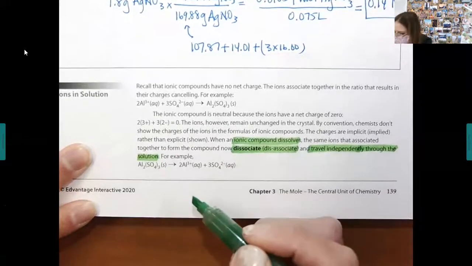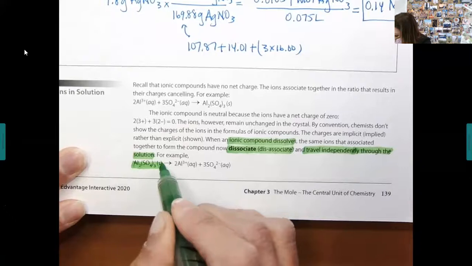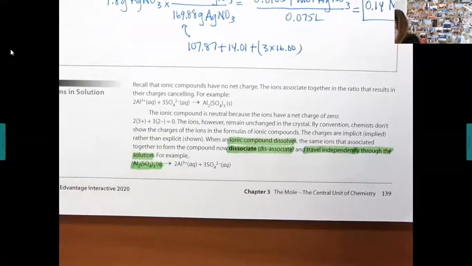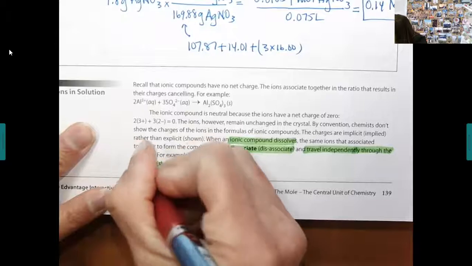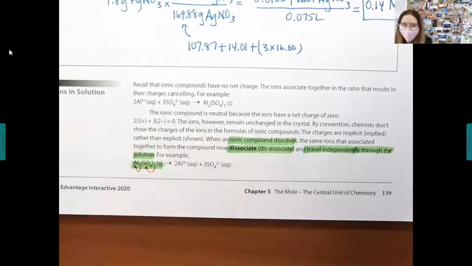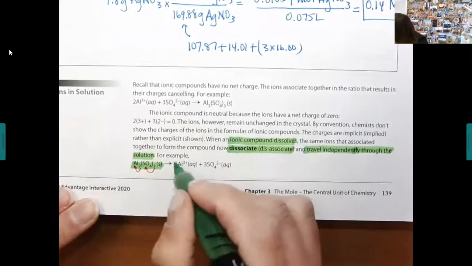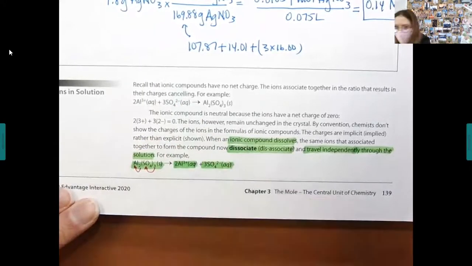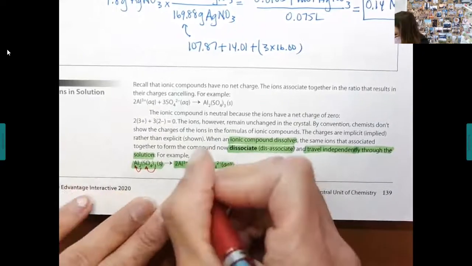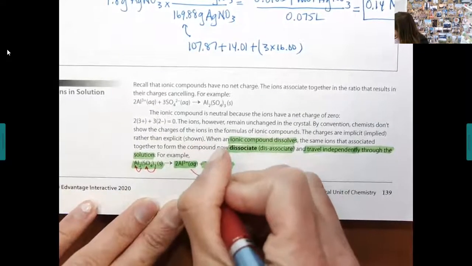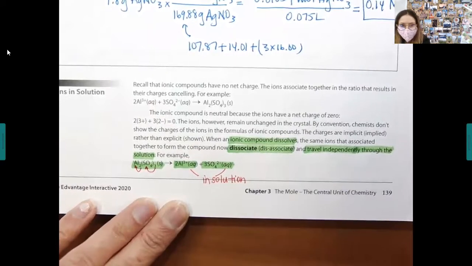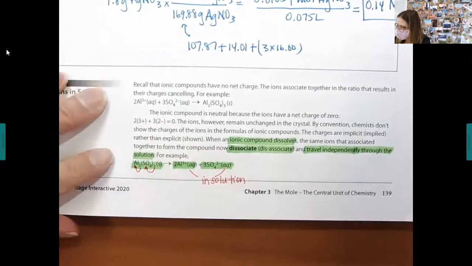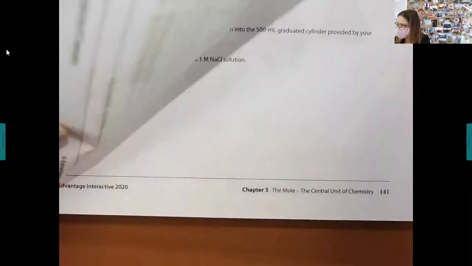So if I have something like aluminum sulfate, solid, and I put that into water, you're going to end up forming 2 aluminum ions and 3 sulfate ions in solution, as they've shown you here. So the AQ that is after each one of them is telling you that these are moving around in solution, okay? And if you take a look at the next page,